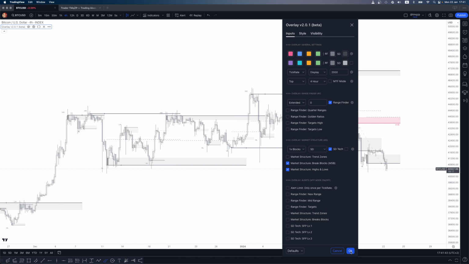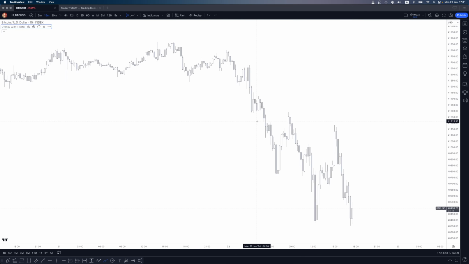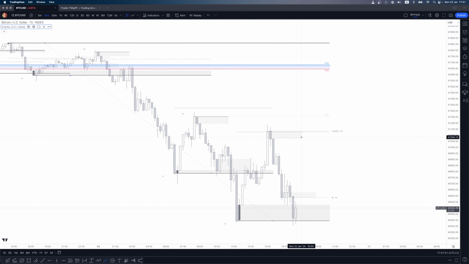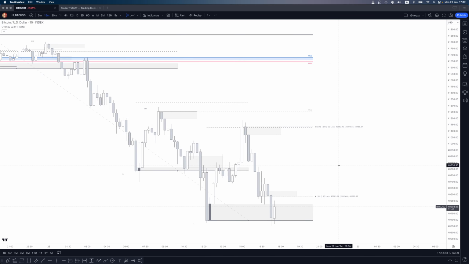Wait, before I do that, before I forget, let's go back to the 15 minutes. Remember these things, the prediction of what's coming up in terms of range, market structure, and that stuff. There's a second toggle here next to SD Tech, and in the settings it says SD Tech toggle 2, SD lock and wick values. What does it mean? If you activate this alongside this, you now have also